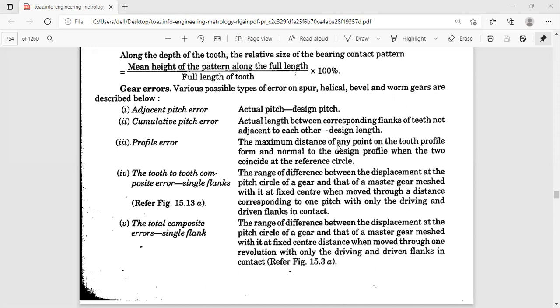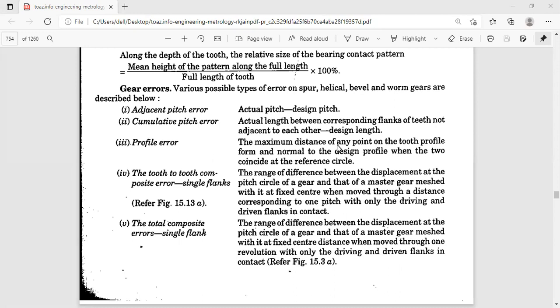So what is a profile error? Whenever we want to see profile error, we have the profile checking instruments later. There we have the optical projection method, by using the profile projector, we'll magnify the profile of the gear we have manufactured on the screen. We'll see that later, or using the involute measuring machine, or we have the tooth to tooth displacement method. That is very important. By setting three angular settings, we'll try to have it.